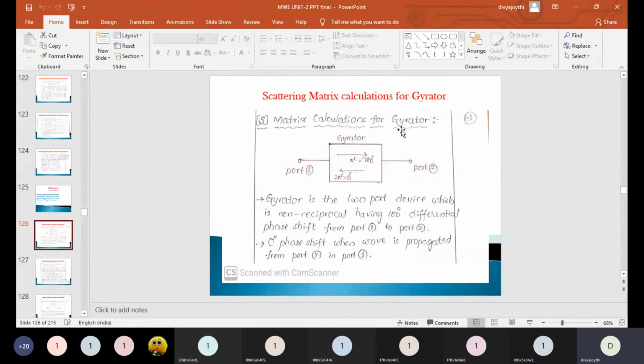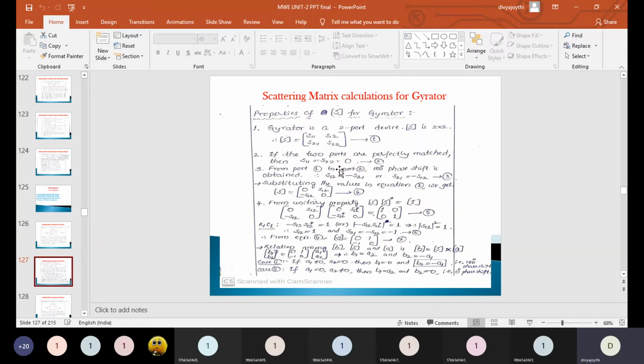Gyrator. In order to calculate the S matrix for the gyrator, what we have studied is that a gyrator is a two-port network, and it produces a phase shift of 180 degrees when the wave is transferring from port 1 to port 2, and a phase shift of 0 degrees when the wave is transferring from port 2 to port 1. From 1 to 2 the phase shift is 180 degrees, and from 2 to 1 the phase shift is 0 degrees. Based on this we are going to see the properties of the S matrix for the